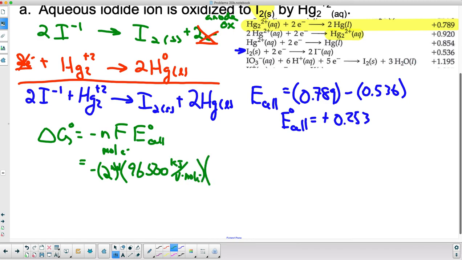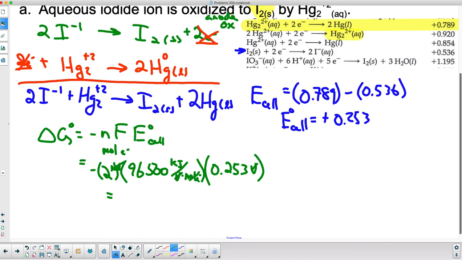And then E cell, of course, is what we just found, which would be a positive 0.253 volts, where volts cancels with volts. Moles of electrons cancels with moles of electrons, and what we're left with will be just the kilojoules. So the kilojoules for this should equal a negative,